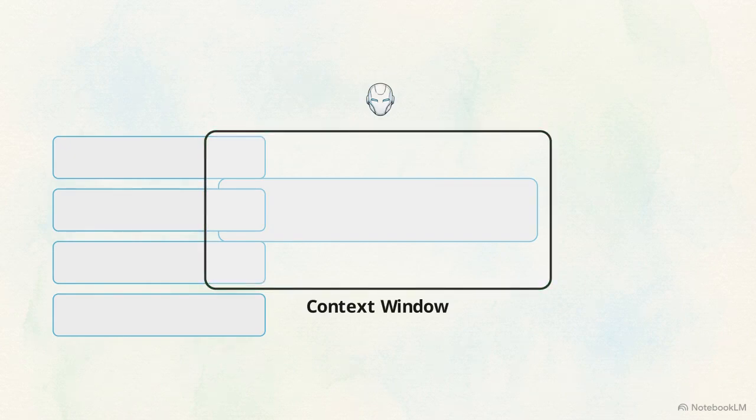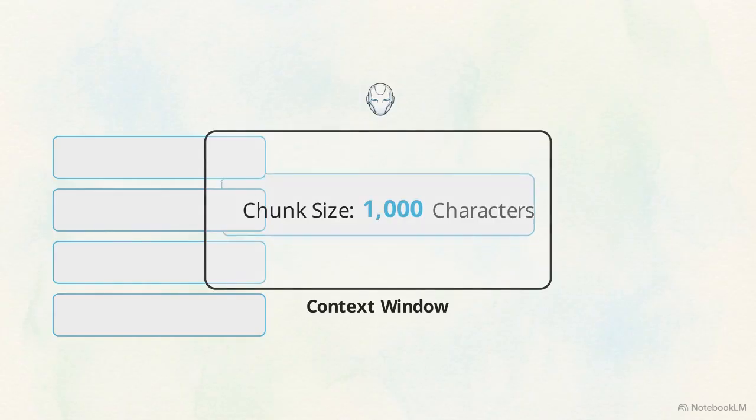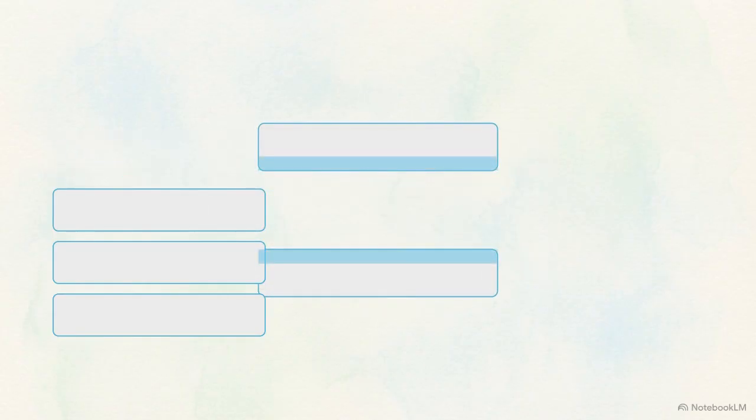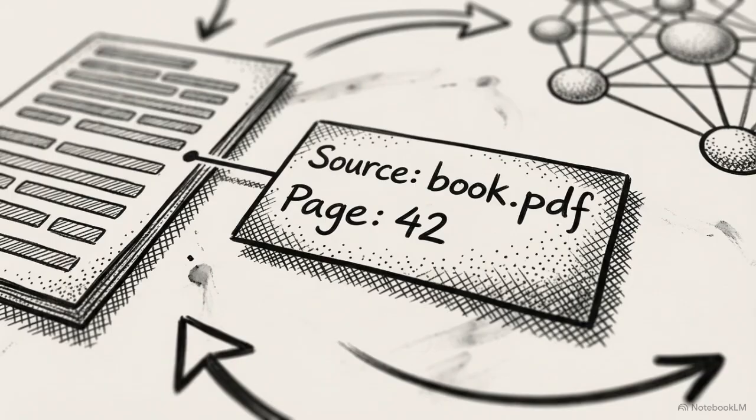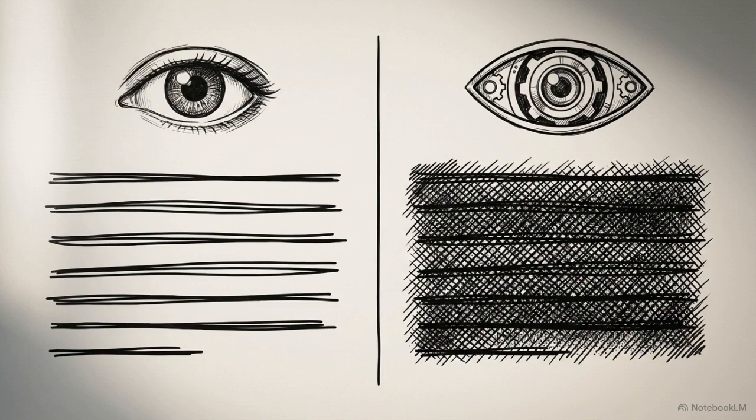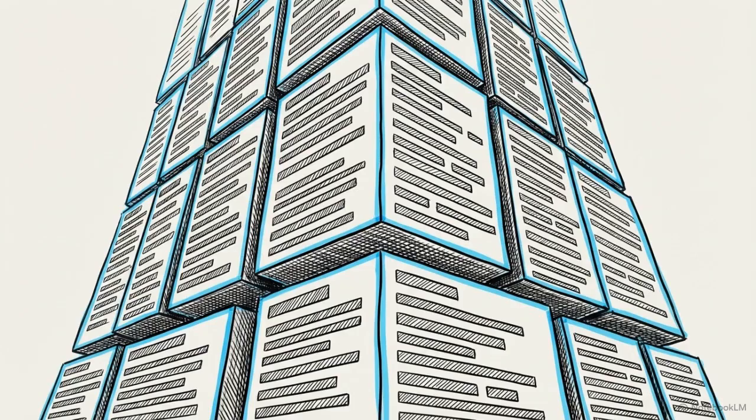RAG-Nova uses a specific chunk size parameter of 1,000 characters to ensure each block contains a complete, discrete idea. We also program a 200-character overlap between adjacent chunks. This prevents the system from slicing context in the middle of a sentence and losing semantic continuity. The system then dynamically attaches a meta-dictionary to every single chunk, explicitly recording the source file name and the specific page number it came from. At this stage, these parsed text chunks are easily readable by humans, but they remain completely opaque to a machine learning retrieval system. Rigorous, overlapping text chunking is the absolute foundation of retrieval accuracy. Poor ingestion yields poor generation.